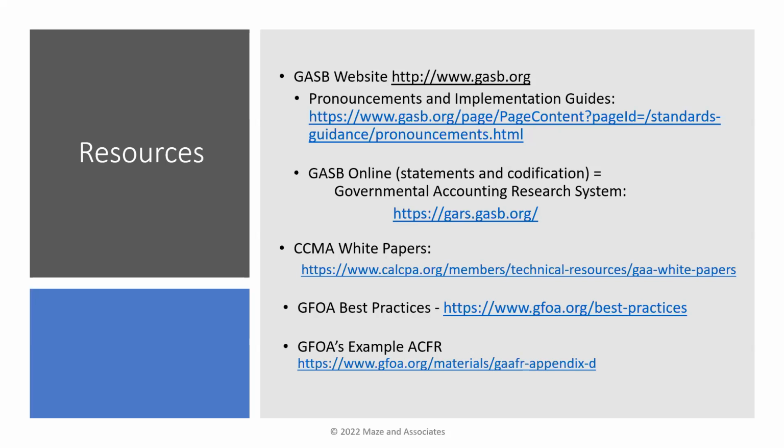And they also have the GARS online, the GASB online, the statements and codification. There's a free version of the GARS, it's called. It includes all of the codification, and so that's a good tool as well. The free version on there isn't quite as robust as the paid version, but it definitely has everything you need to see everything in one place. As you move forward, I always use the codification for things because that includes any subsequent amendments. That's why we try to stop, after the year of implementation, referring to something by its original statement, like, let's use GASB 68 as an example.